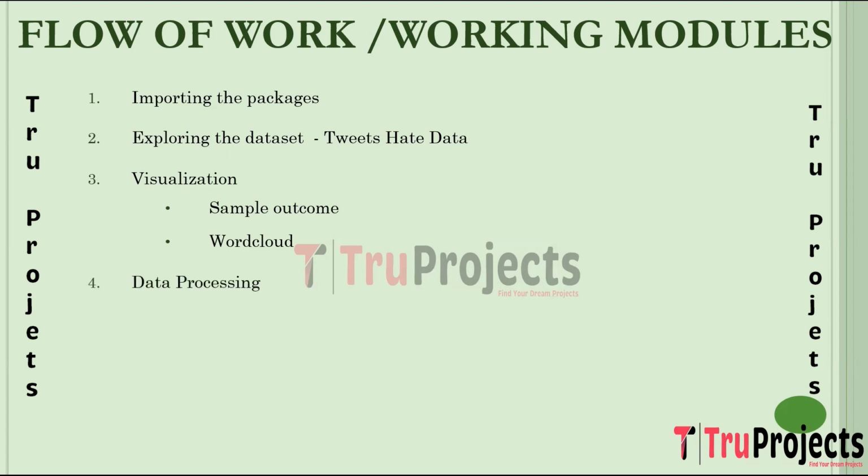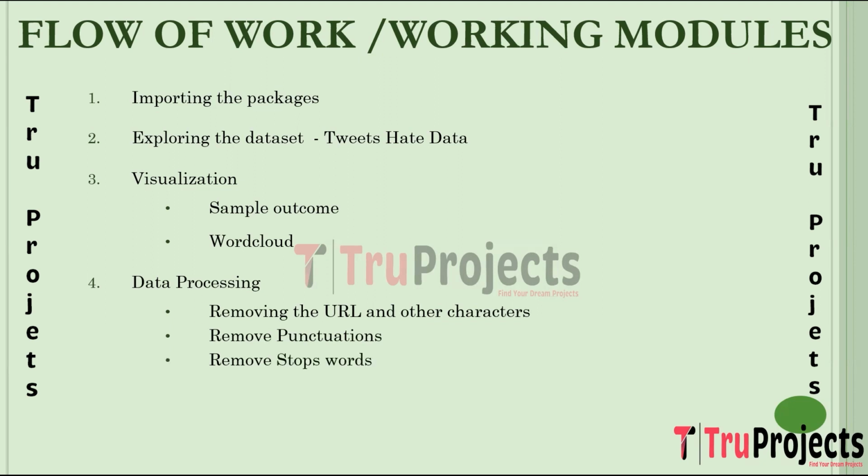Data processing. In this step, the text data is pre-processed by eliminating URLs and unwanted characters. Punctuation marks are stripped from the text to focus on the content of words. Commonly used stop words are removed to enhance the relevance of remaining text. The data is normalized, potentially involving the conversion of text to lowercase. Linguistic techniques such as lemmatization and stemming are applied to reduce words to their base or root forms.